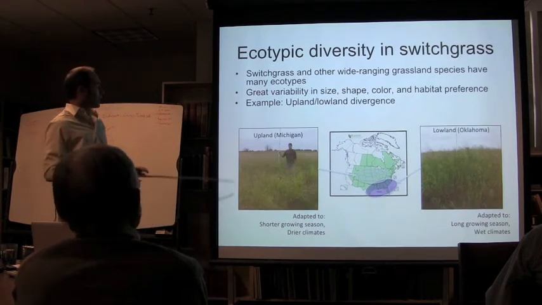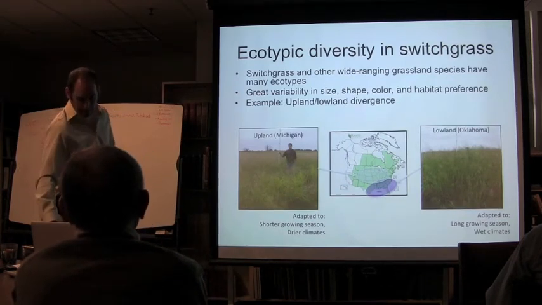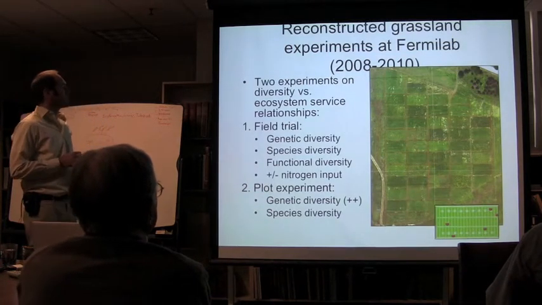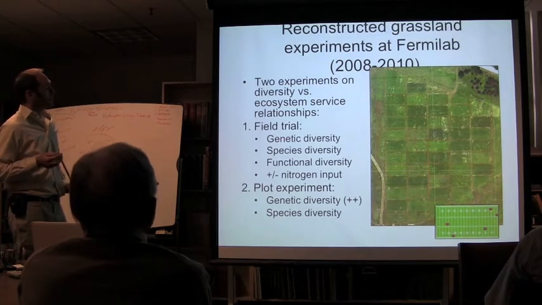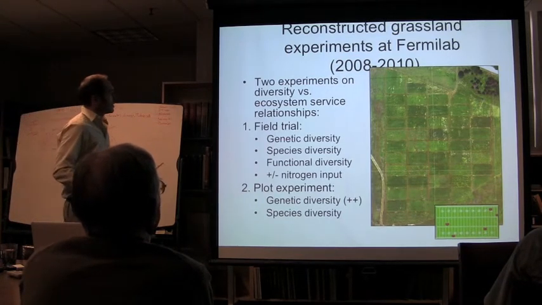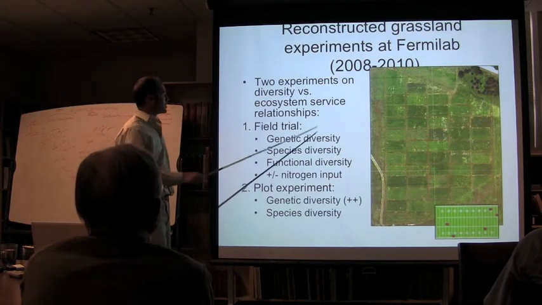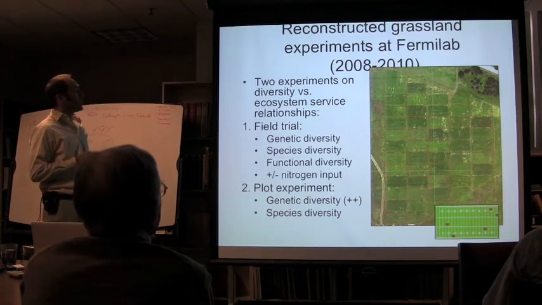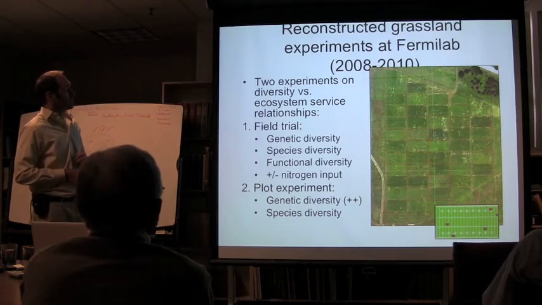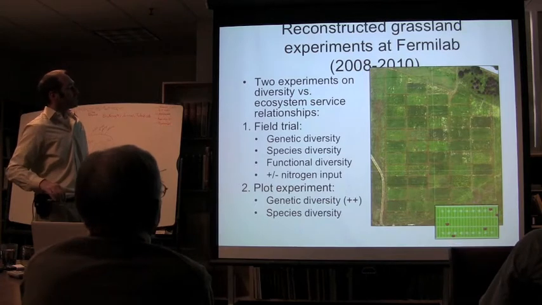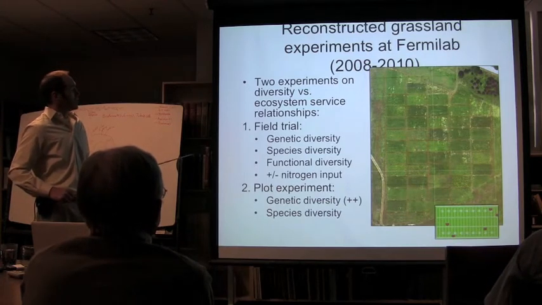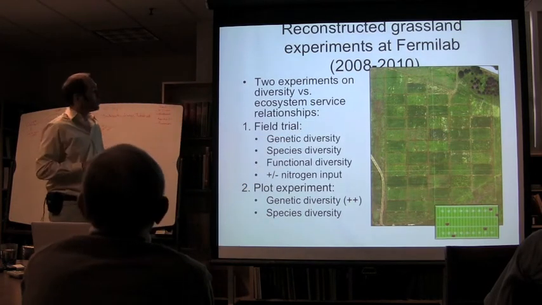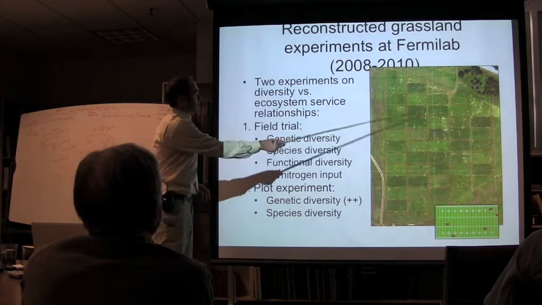And so you can go with the USDA recommended genotypes, but we really don't have any idea what the best variety is for any new environment. And so we wanted to think about mixtures of genotypes in much the same way that David Tilman has this prairie hay biofuel, which is mixtures of different species. We were thinking of mixtures of different ecotypes and accessions for switchgrass. And so this is a large plot now from Google Earth. You can see the size of these plots. They're like a quarter hectare in size each.